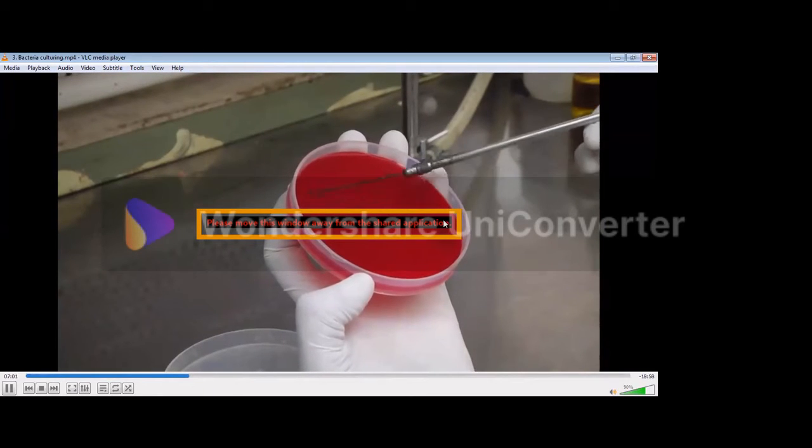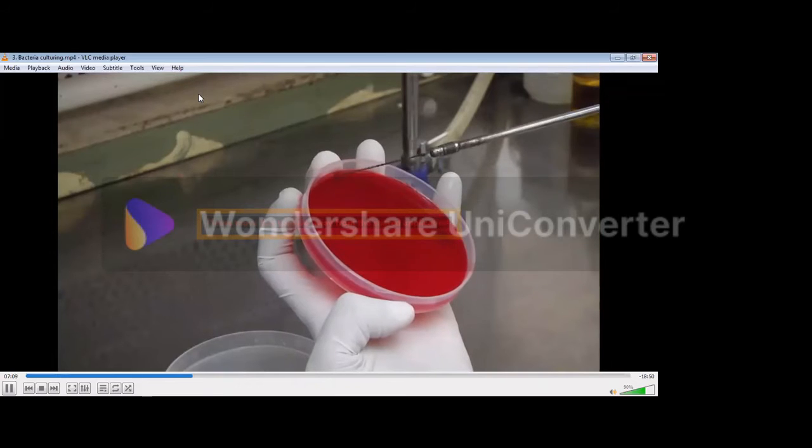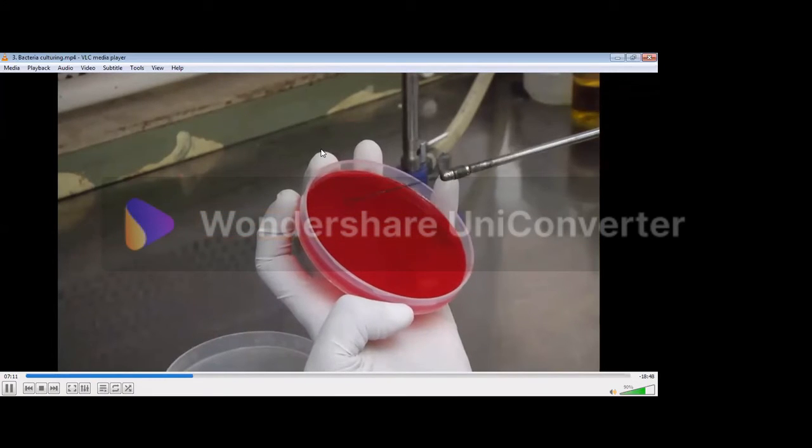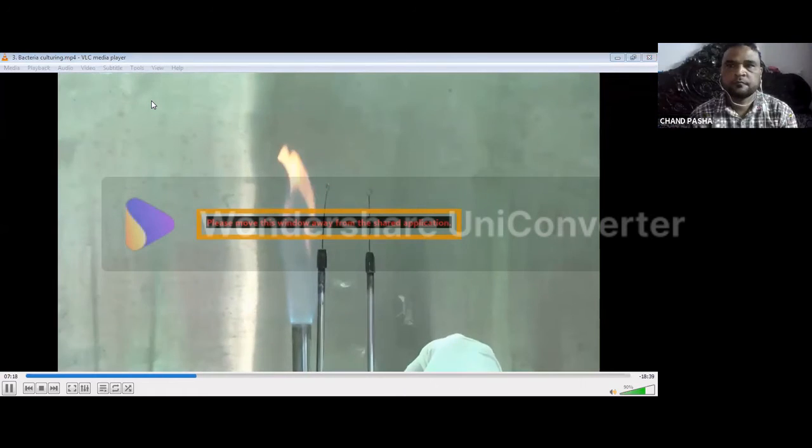This is called the well inoculum. Re-sterilize the loop and let it cool down. Use the loop to draw 3 or 4 parallel lines from the well inoculum onto the fresh surface of the medium. Again sterilize the loop and allow it to cool down.